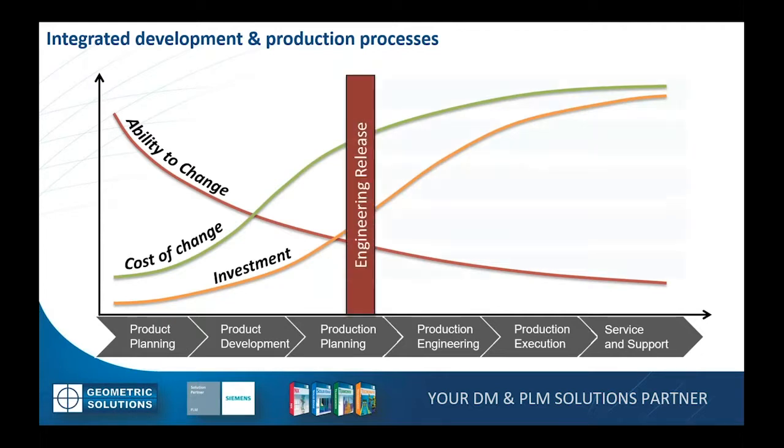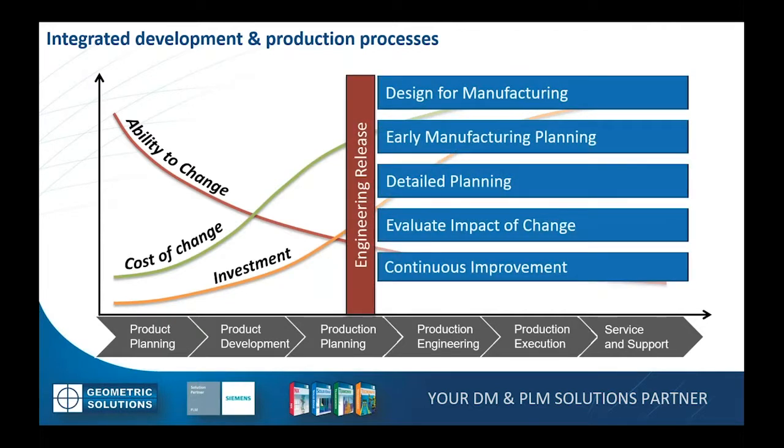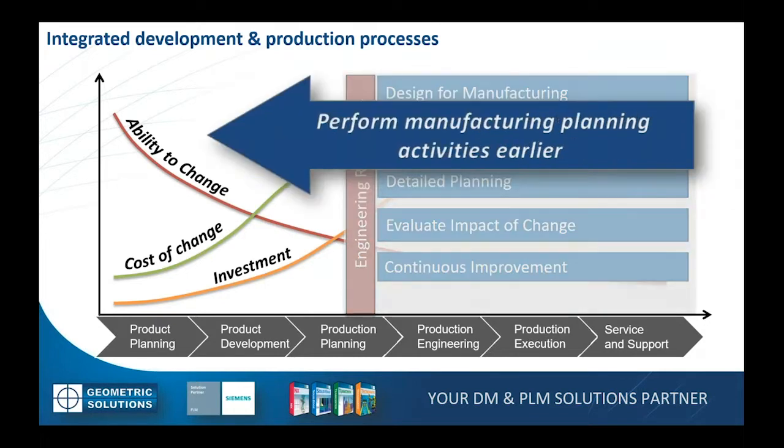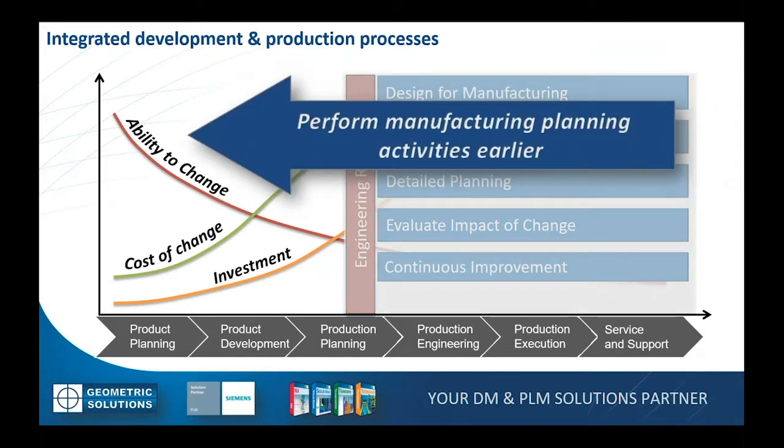After engineering release, all the manufacturing concerns are addressed, and what we want to do is use some of these tools to perform the manufacturing activities earlier. Through computer simulation, I can actually simulate my plant floor, how it's going to work, and how my mechanical and electrical systems are going to function on that plant floor. So